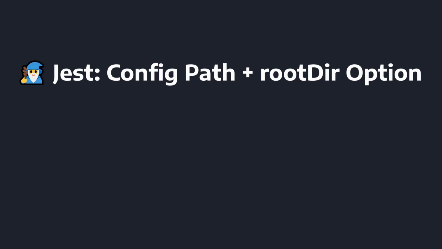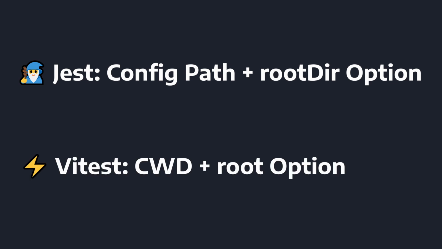And that's when I noticed that there were two fundamental differences between how Jest and vtest set where tests are run from. So NeoVim plugins aside, Jest runs tests from wherever the Jest config is defined, plus whatever the root dir config option is. Where vtest, on the other hand, runs tests from whatever the terminal command working directory is, plus whatever the root config option is. So overall, the NeoVim vtest plugin was working according to how vtest is supposed to work. So in that case, this isn't really something that the plugin should solve, and is just the way things are supposed to work in vtest.